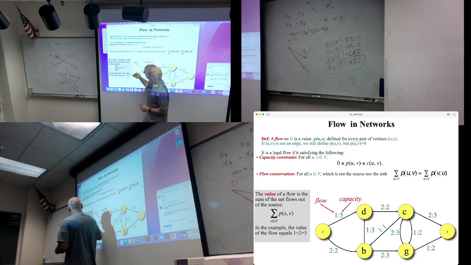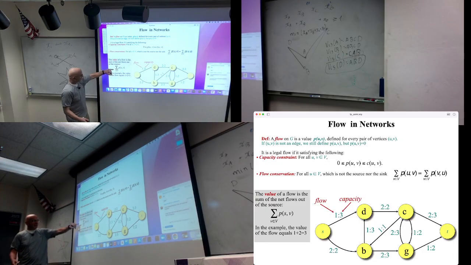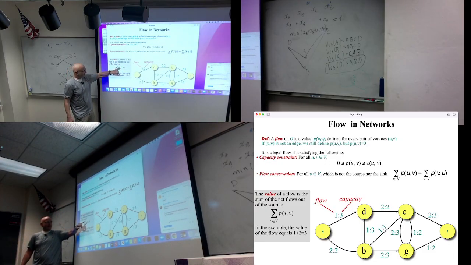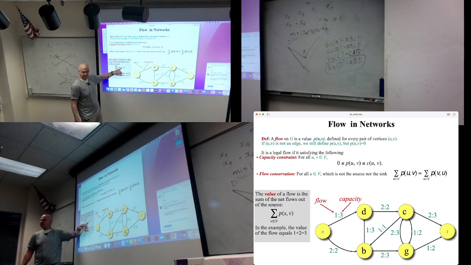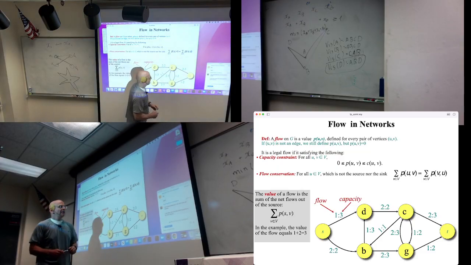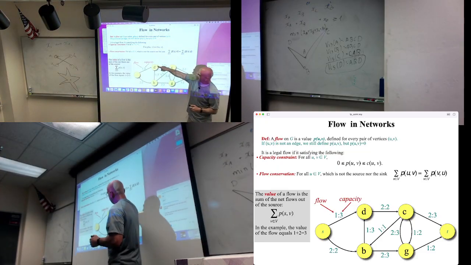OK, now, what are we looking for? What are our variables here? The variables will be, for every edge, tell me what is a positive flow. There will be something that maybe we'll discuss later in the course that will be the negative flow. Don't worry about it. It's only the positive flow right now. Some number between 0 and larger than 0 that will be for every edge